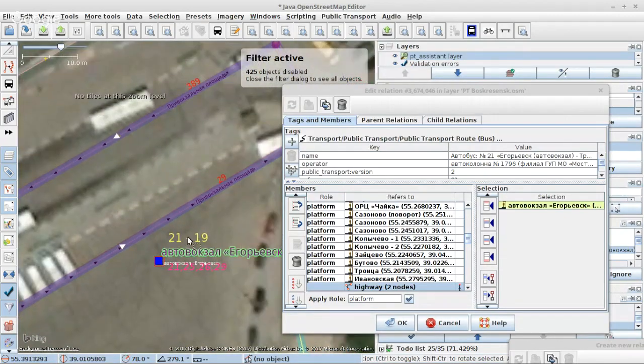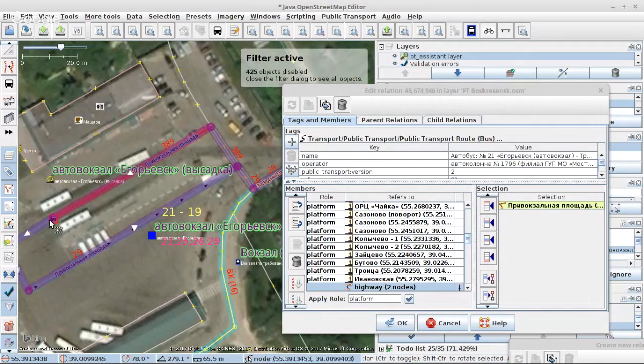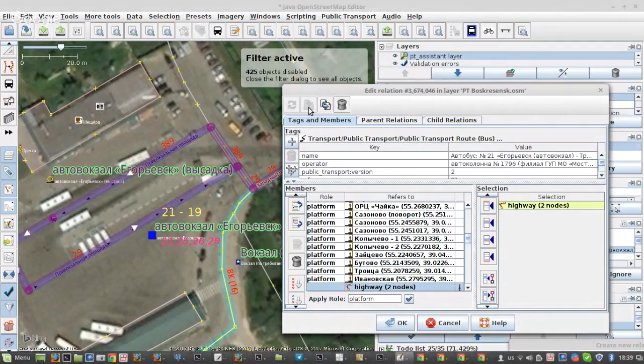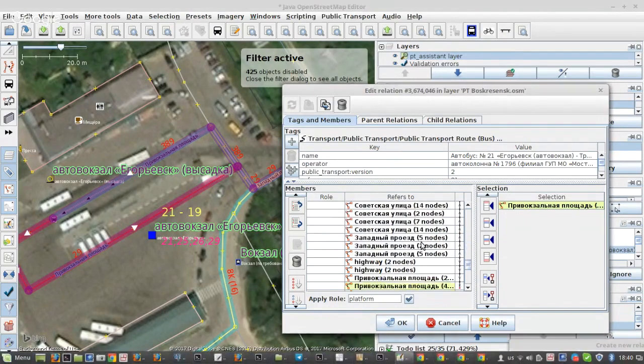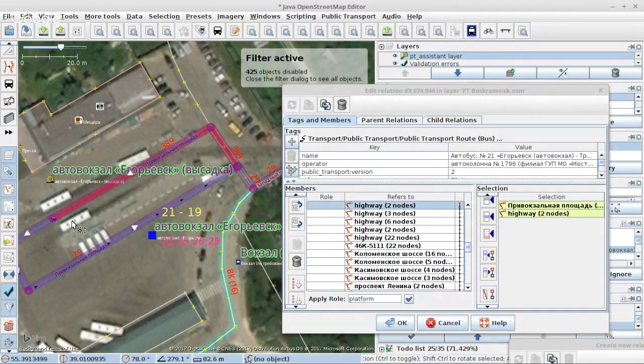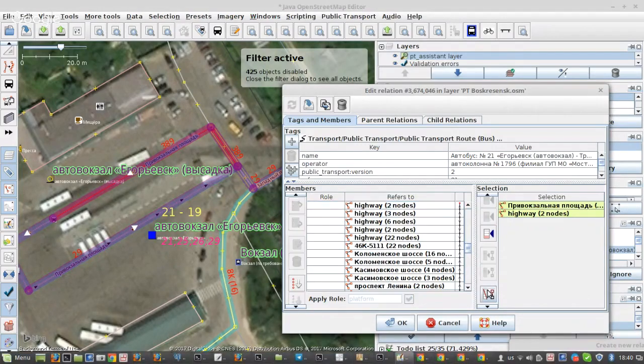Anyway, we need an extra stop position there, and then these ways, we don't need them. Yeah, okay, I have to press the right button there. So this and this and this, yeah, that one, yes. We don't need those. Okay, and then here